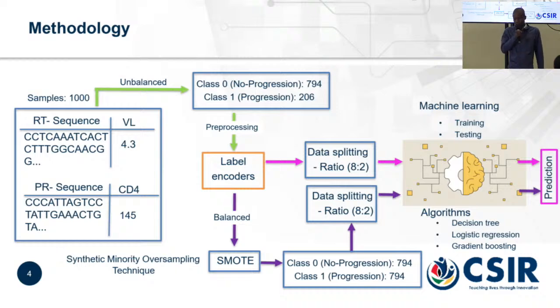What we do first is use what you call the synthetic minority oversampling technique. We go back to the data that we have and look at the minority class. In this particular case, the minority class were those who have high chances of progressing from normal HIV towards drug-resistant HIV. So we use this technique to generate artificial data from the minority class. When you generate artificial data, it means we're balancing the data, so the data becomes more balanced. And then afterwards, we repeat the same process where we split the data set and rerun the models